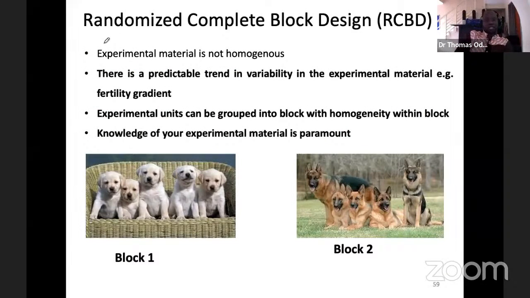So this brings us to a second design, that's what we call randomized complete block design. So here, of course, we now assume that our experimental units are not homogeneous. The other assumption is that there is a predictable trend in the variability in experimental material. So you can, if you are doing an experiment in the field, for example,